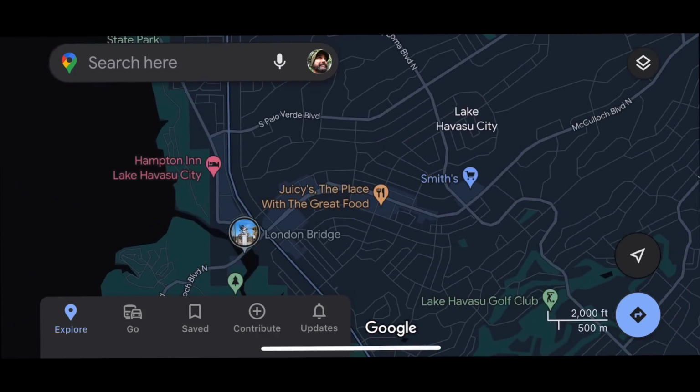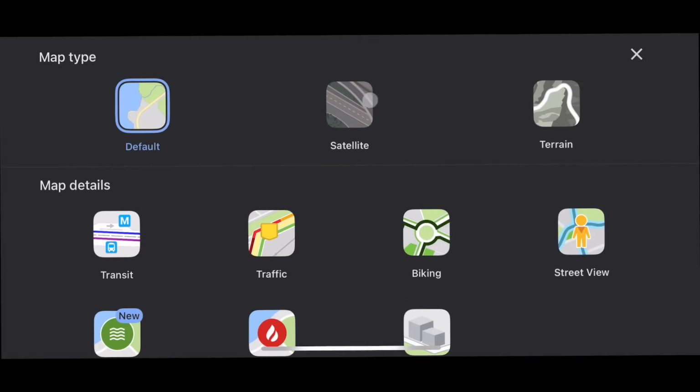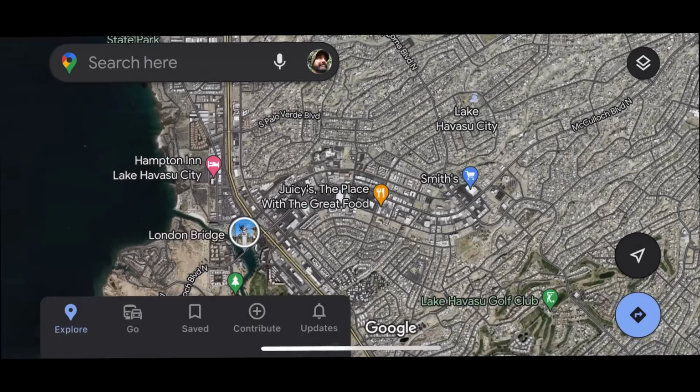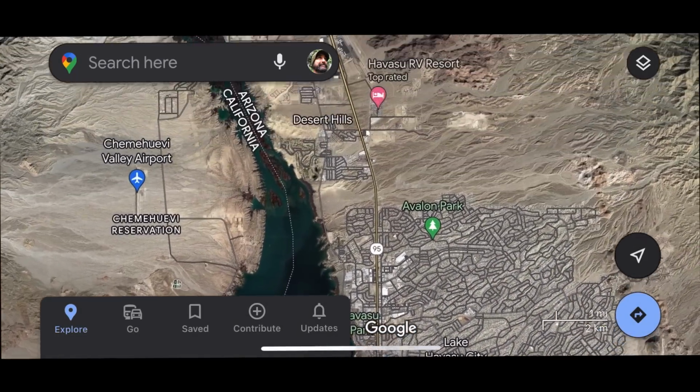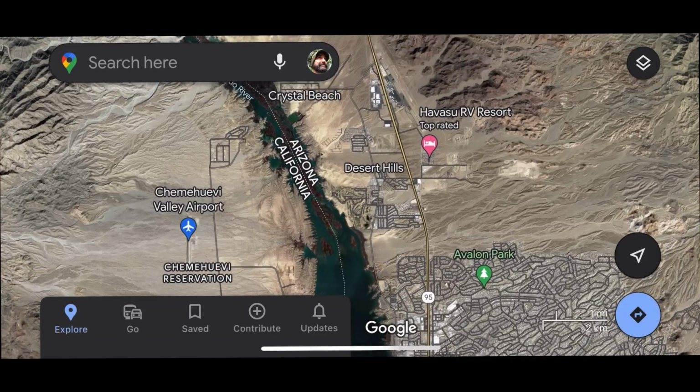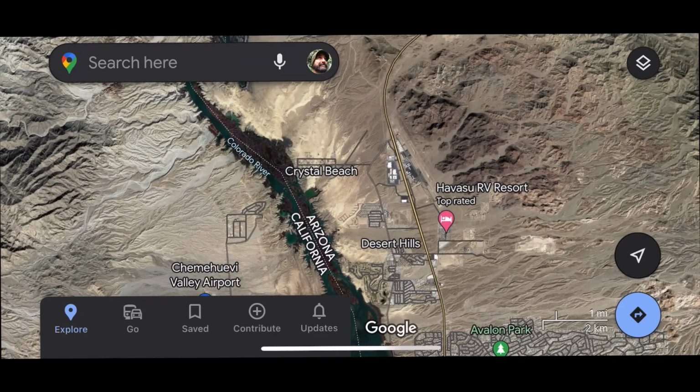The closer you zoom in, they start to appear. And then of course you can go to satellite mode, which lets you see the actual terrain. So I'm going to zoom out a little bit and go up to the north end of town here. I am familiar with this area, and most areas I go to I've already referenced on a map, either a